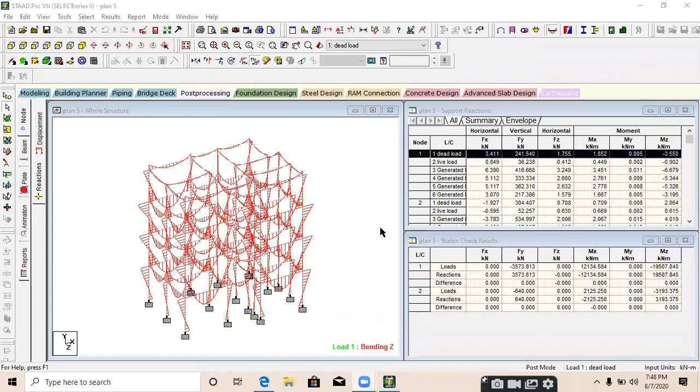So in the next class, we will do the wind load calculations and apply it to the particular structure. How to calculate the wind load and how we can apply the wind load in a structure. Okay. For this class, if you have any doubt, you can ask. Okay, guys. So in the next class, we will see how we can apply the wind load.